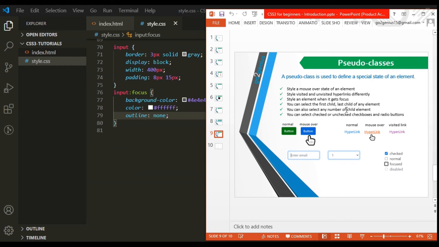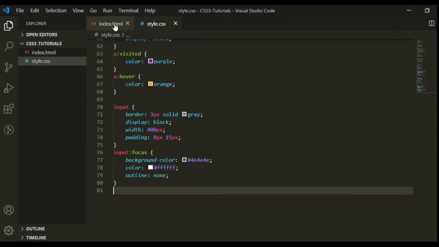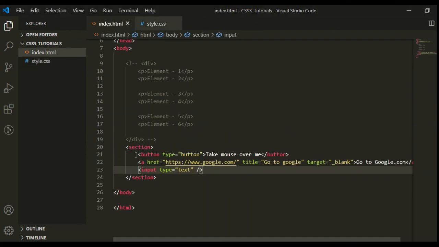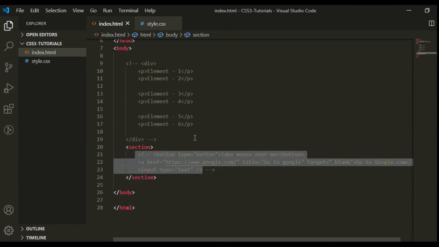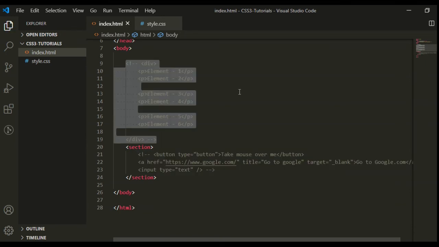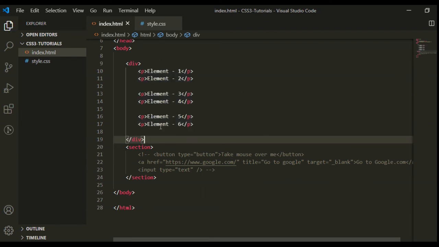Next pseudo class we can use to select first child, last child, and any number of child element. Okay, so here just comment out this code and uncomment this code, because we have multiple elements inside this.